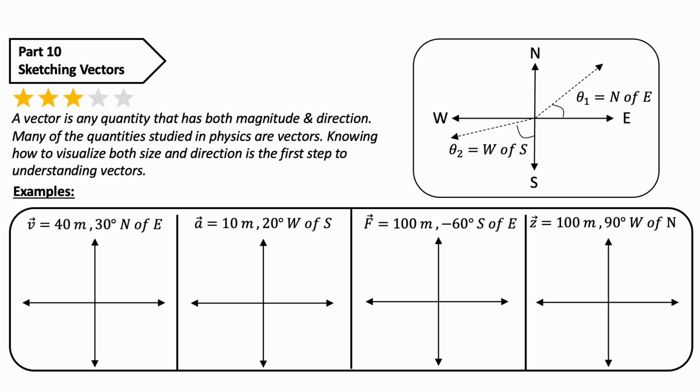So let's start with the first example where we have 40 meters, and this vector is 30 degrees north of the east line. Notice how that is said. It's not 30 degrees northeast, it's 30 degrees north of the east line. And so how we start all of our vectors is we're going to read this backwards. So we're going to start at east, because this is saying I want to go 30 degrees north of that east line. So notice my vector is starting east, and then I want to drag this vector northwards